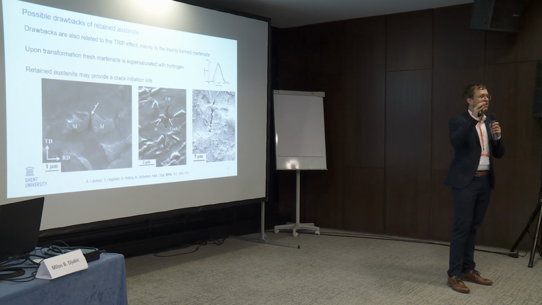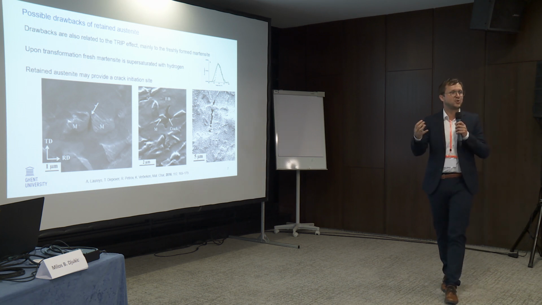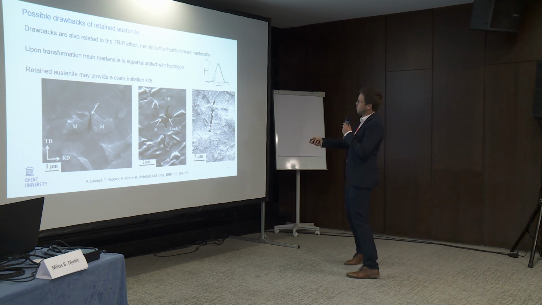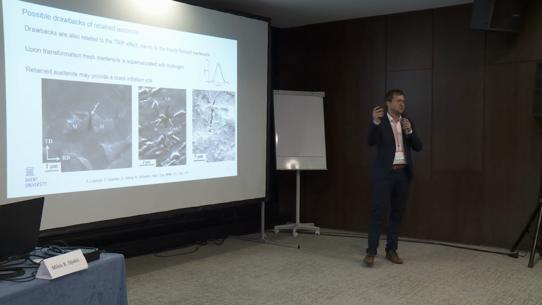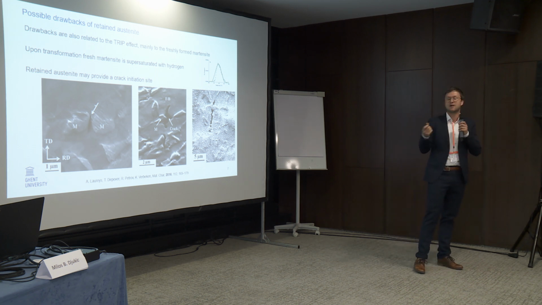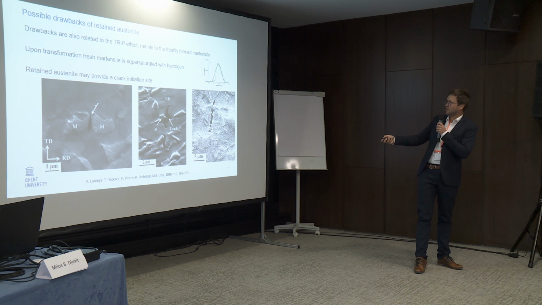The concentration at retained austenite is quite high because of its high solubility, but then it comes into the fresh martensite, which cannot take all that hydrogen. It's supersaturated with hydrogen and starts cracking. Crack initiation at that retained austenite that transformed to martensite. You can also see it here, and here as well there's a retained austenite that has transformed to martensite. Crack initiation is brittle, because we're dealing with fresh martensite, but then we have crack propagation in ferrite,